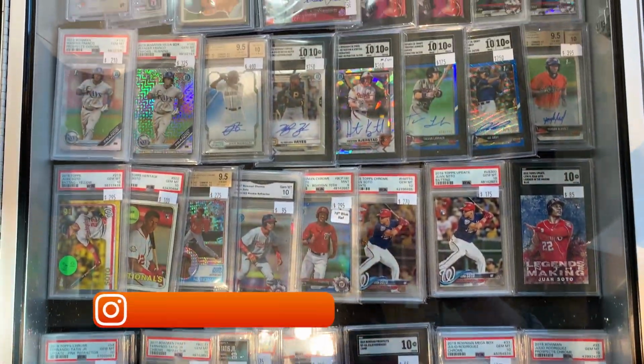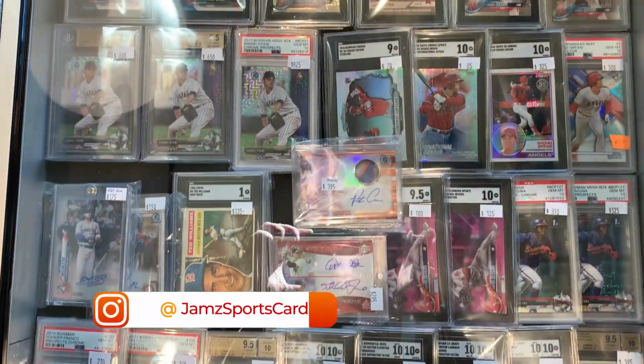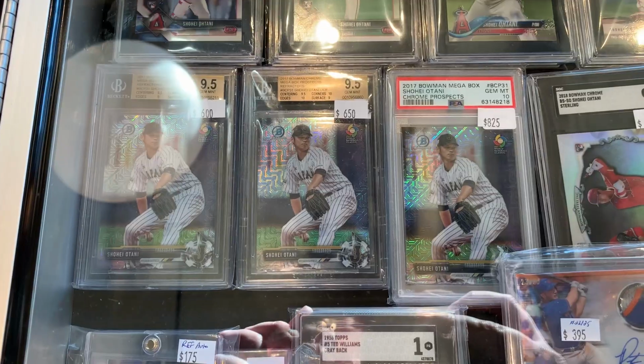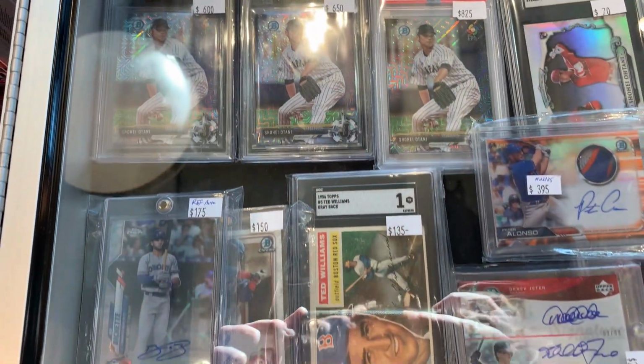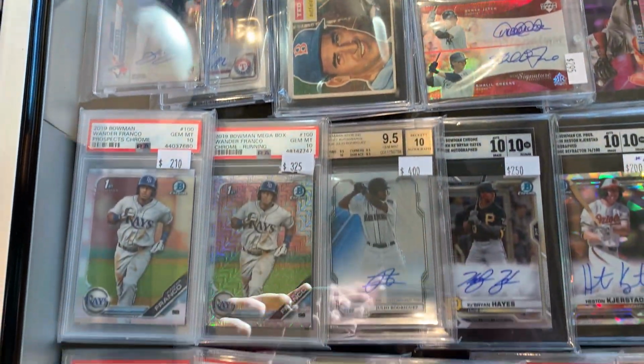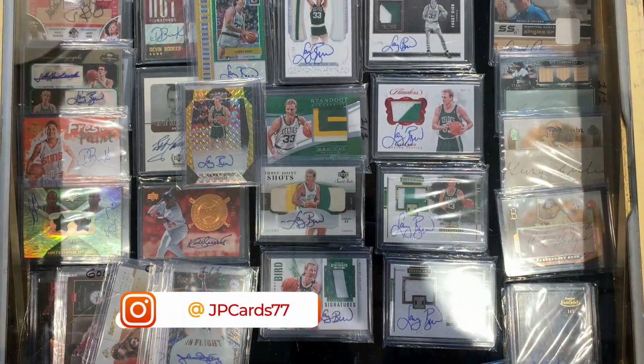And of course, Jam Sports Cards goes to Roger Williams, my alma mater, and just unbelievable Shohei Ohtani Bowman cards. I love that he's in his Japanese uniform in that one. Derek Jeter rookie cards, autographs, Brian Hayes. It was unbelievable. And then JP Cards 77 with the